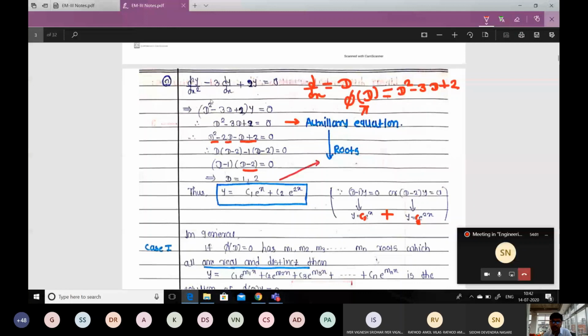because there is a relation between the order of the differential equation and the number of arbitrary constants. So if the order is 2, then its solution must contain 2 arbitrary constants. That's why we have written here c1 and c2 arbitrary constants. Do you understand the relation between the exponential function and the solution of the homogeneous differential equation?